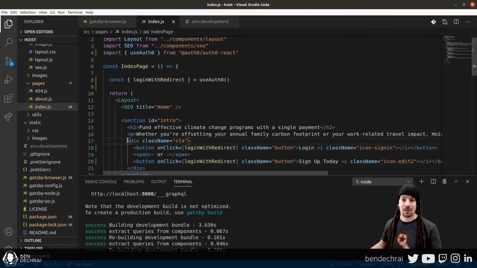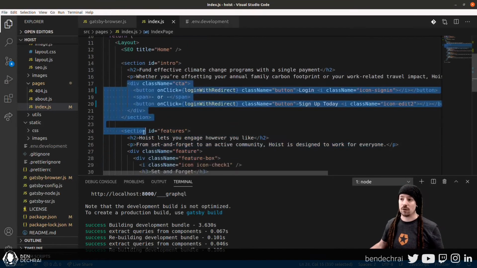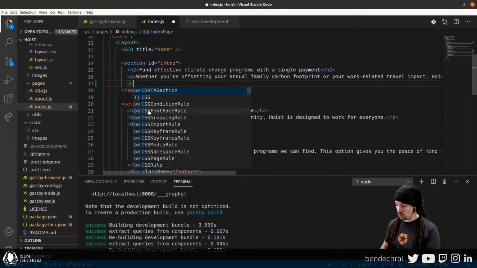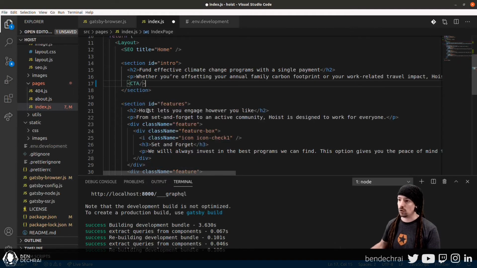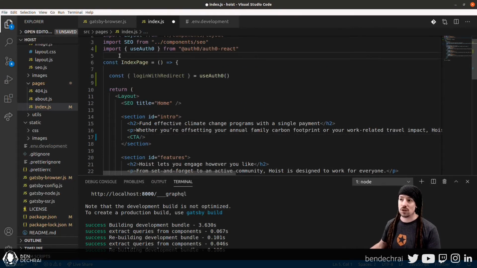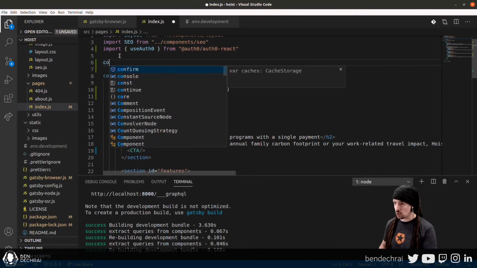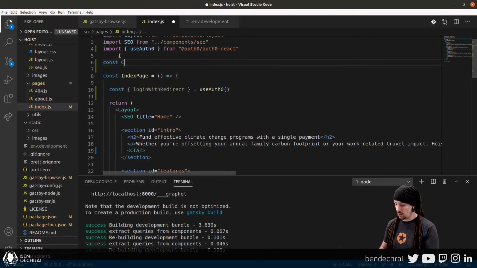We could add some business logic inside the JSX here to determine whether or not to show this component, or this portion of the JSX. I don't like, personally, having conditional code inside JSX. I find it harder to read, and I find it easier for others to quickly work out what's going on if it's separated out into components. So I'm going to cut this out here, and we're going to create a new component called CTA, or call to action. And because it's only going to be used on this page, I'm going to keep it in this document, and we'll define CTA